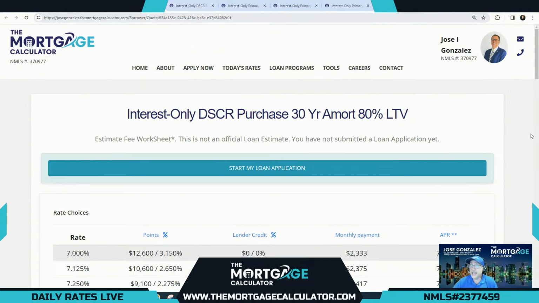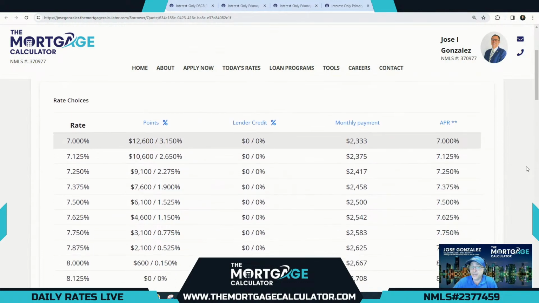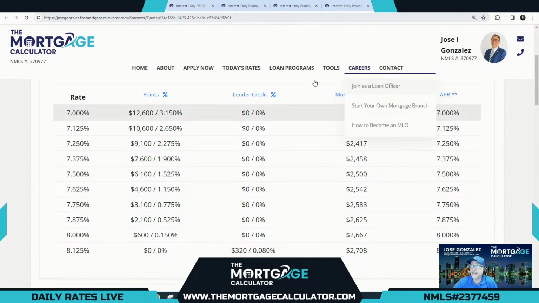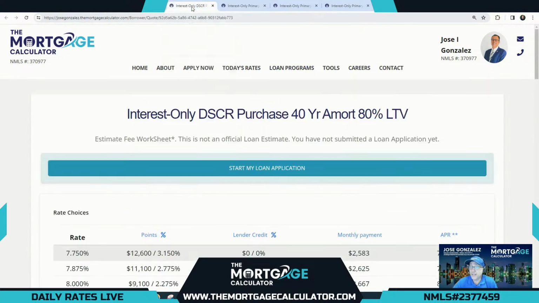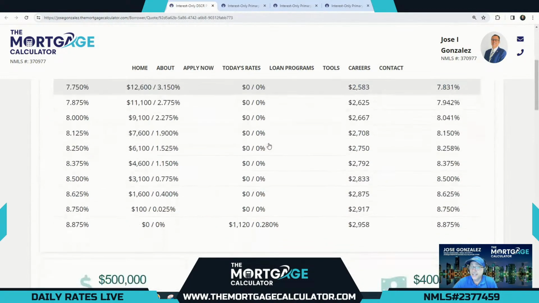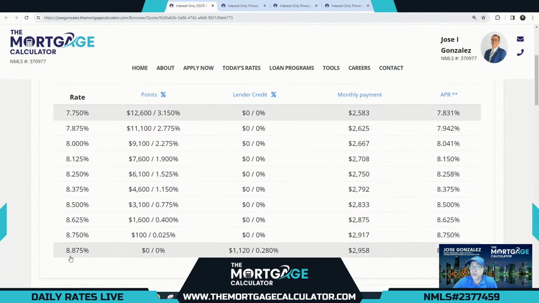And now to show you the difference in the interest rate and basically the difference in the cost between the 30-year amortization and the 40-year amortization. Again, this is still interest only, but now look at that difference. Now let me pop over a minute to the other one here so you can see